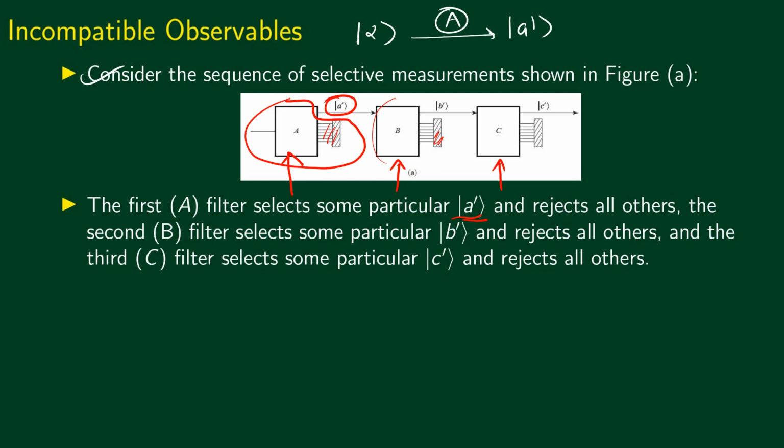The second B filter selects some particular ket B prime and rejects all others. And the third filter selects some particular ket C prime and rejects all others. Right? So this is our first experimental arrangement. Now, the question that we are trying to answer is, what's the probability that I'll end up